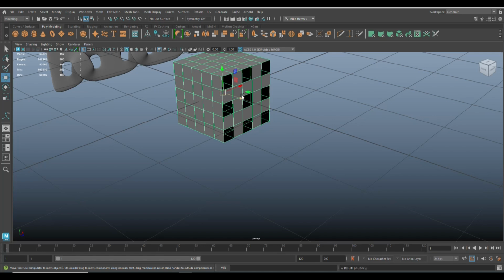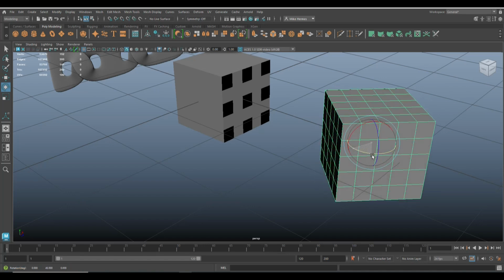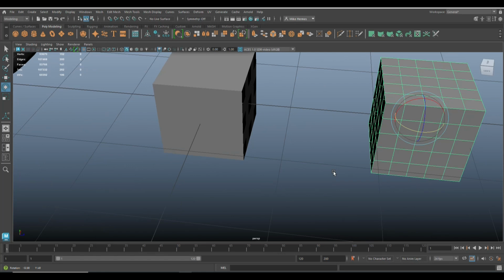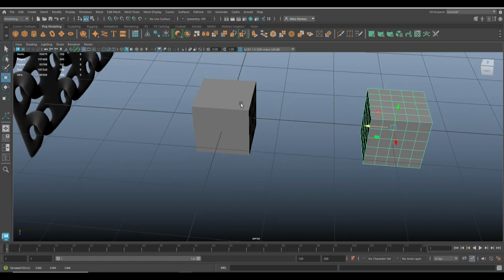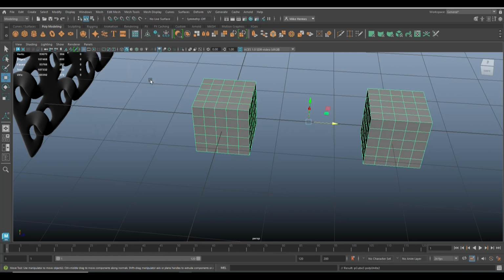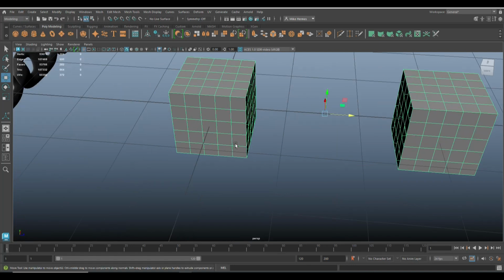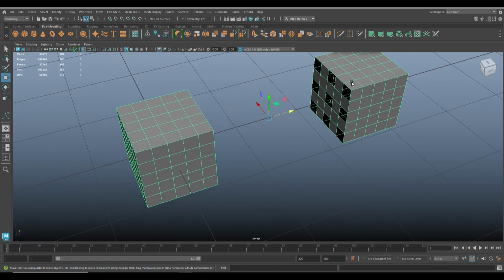Control D to duplicate, W to move over. I'm just making this up as I go along, guys. So, all right, what I'm going to do is move this a little bit further. Select them both, go to Mesh and Combine. Edit, Delete by Type, History. There you go. And now I'm going to connect these guys using the bridge